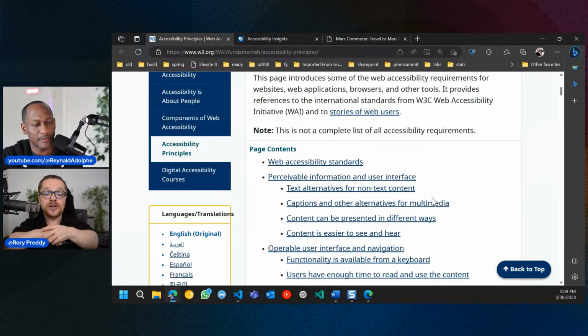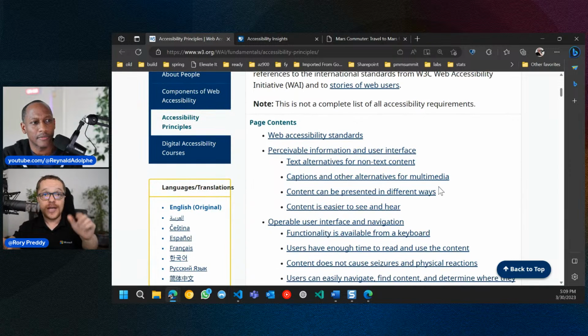Content will be presented in different ways to be perceived, and there need to be alternatives for captions, video captioning, and text alternatives. If you put an image there, you need to make sure that if someone can't see the image, they know what you're actually looking at. And we're going to look at novel ways on how to test that.